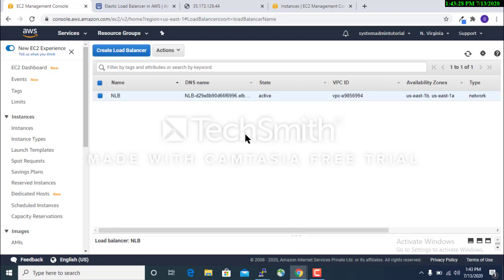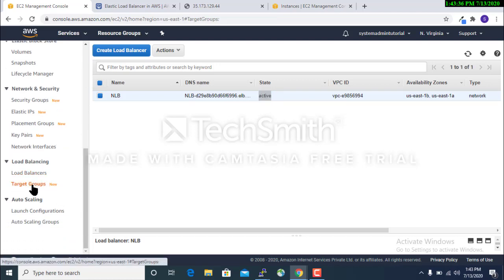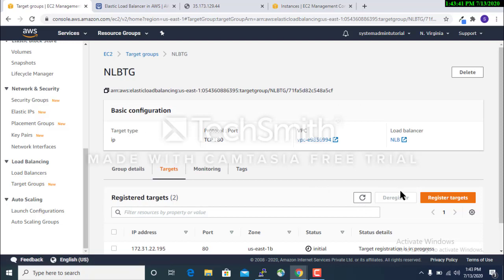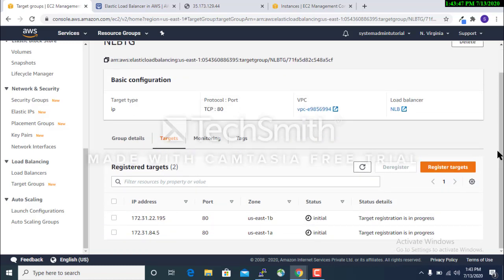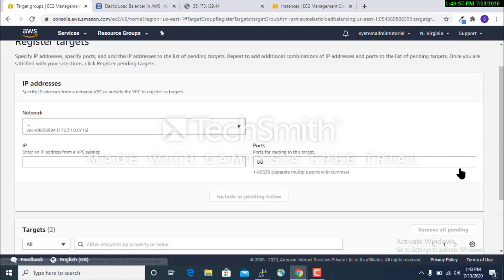You see the state has changed to active. Now go to the target groups, then click on it. Target registration is in progress. Here you select and register the targets.